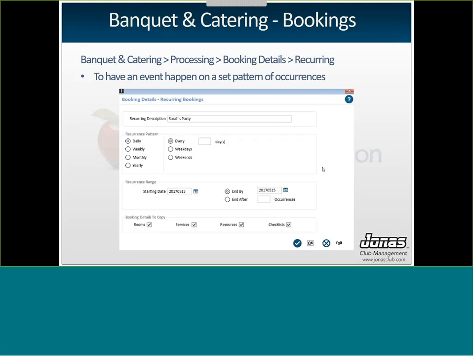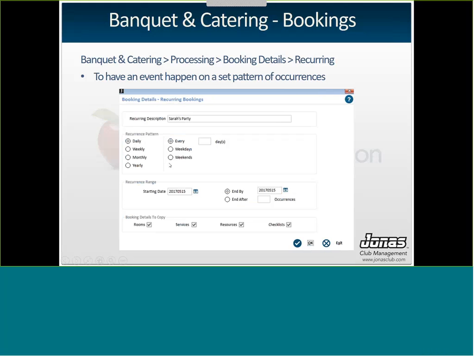You can also make events recurring. So instead of copying the event, if somebody comes to you and says, this is great, I want to have this party every month, what you'd have to do is just click on the recurring button, give the pattern, so whether it's daily, weekly, monthly, or yearly, and then how many days, if it's just on weekdays, just on weekends, if it's every 1 week, every 2 weeks, if it's every third week of the month, or